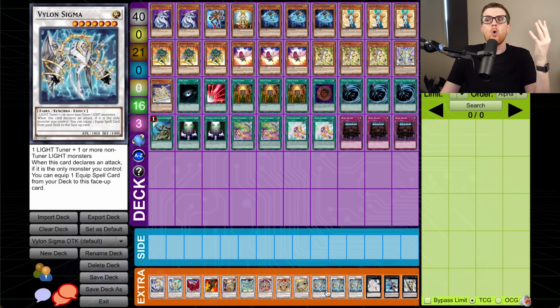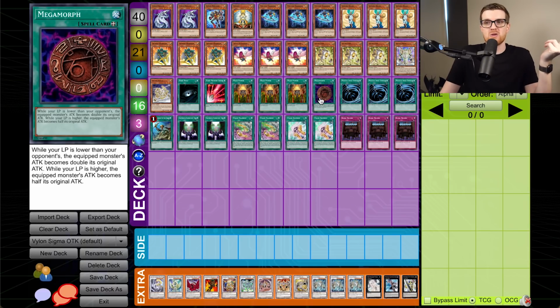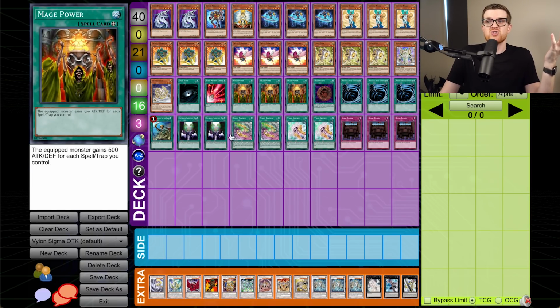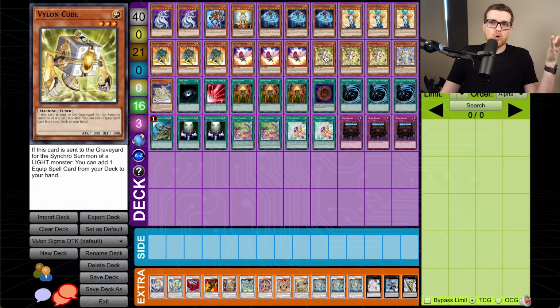because for the OTK to actually work, you need to have so many equips to get enough damage off of both Mage Power, potentially Megamorph, that if you want to kill them, you need to go for Mage Power, so you don't really have the time to afford to get these instead. So Cube helps out a lot here because if you're missing one piece or the other,